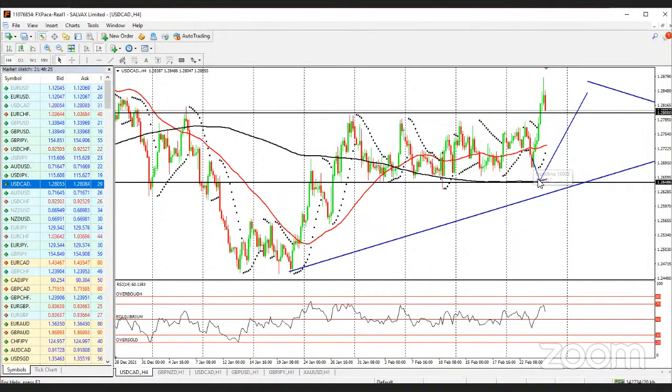If price comes back to this zone, then we can buy somewhere around here and take it back to this range. Since price has been coming to this range, unable to break it, if it comes back to this range, we will take our profits because we are not sure if it will break this range and continue up. In that case, you say you want to buy USD, that means you are saying that USD will gain strength over CAD.